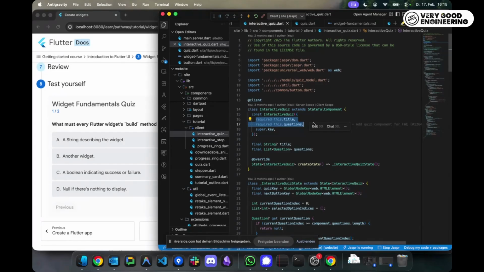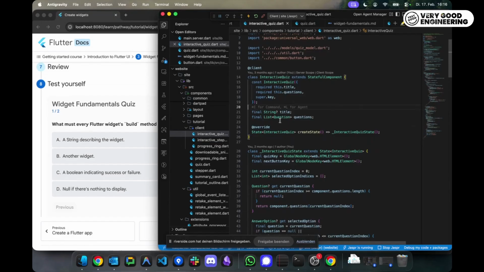And then on the client, it automatically picks up this component, locates it on the page, deserializes the parameters, and then just builds this component. So it's a very seamless experience because you don't have to care about any of this serialization stuff and managing how you get the data from the server to client. Everything happens automatically.